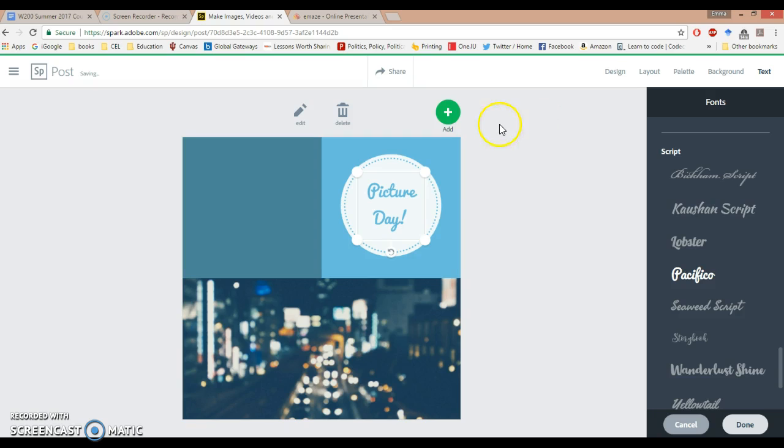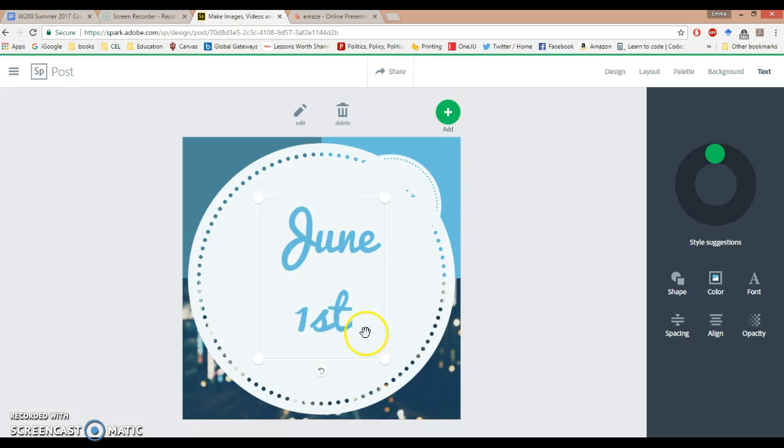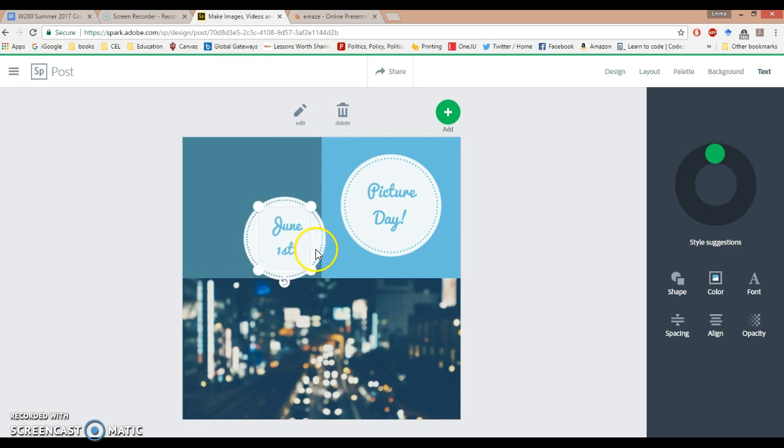Well, this allows me to change my font, but if I went to add, then I can add text. So let's say I wanted to say it's going to be on June 1st. When I save it, then it does this, and you can resize it by clicking and dragging, and I could move where it is, and it will snap it into place, which is really nice, so that way you know